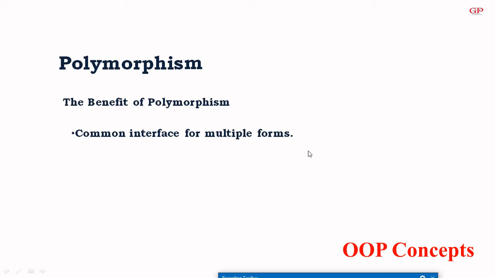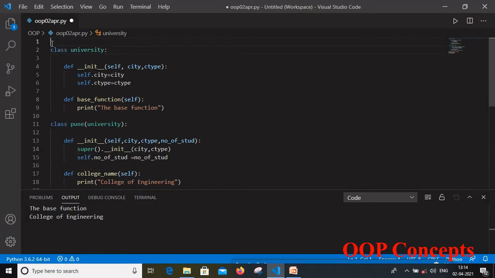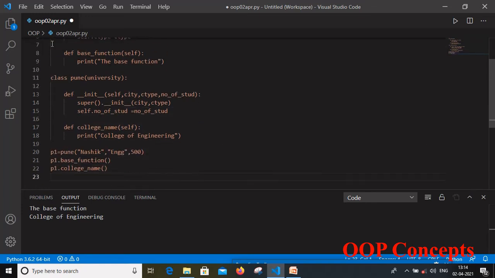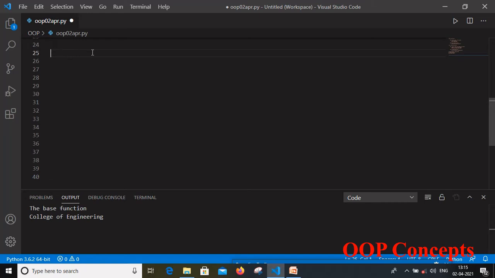Let us take an example to show polymorphism with a class. First of all, I just comment out this code so that I can take an example of polymorphism. Now here I'll take one more class for polymorphism. Let's say the class name is Maharashtra, which consists of two different methods.